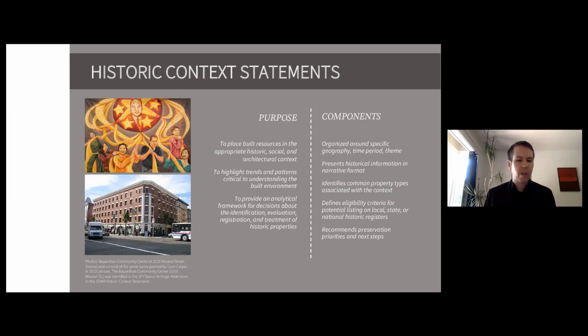We have a number of historical context statements, all of which can be accessed via our website. We are shifting from just neighborhood-based statements to context statements with cultural themes, including several with underrepresented communities. This includes our completed Japantown, LGBTQ, and South of Market Filipinos context statements, as well as our Latinx, African American, and Chinese American context statements, which are currently underway. These documents include a wealth of information, including criteria for evaluating properties for historical significance, as well as for identifying potential city landmarks.